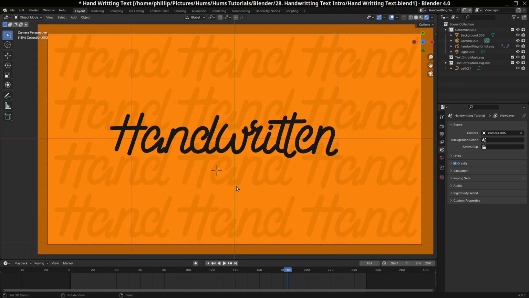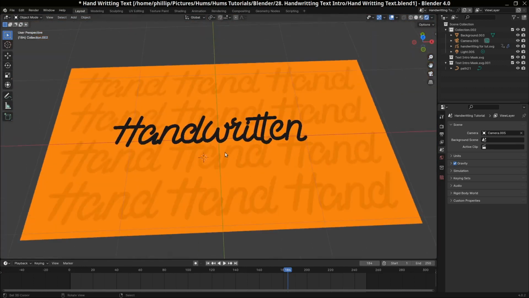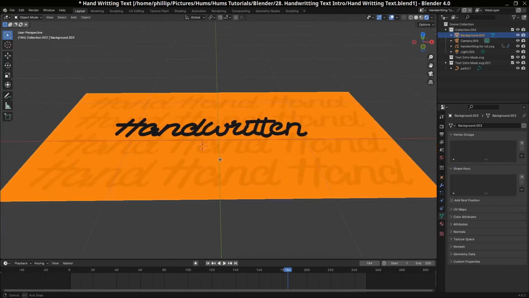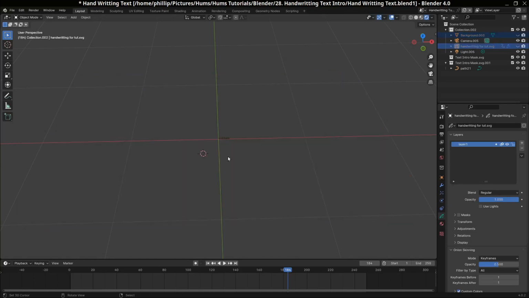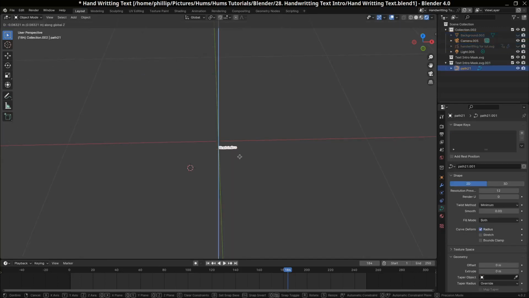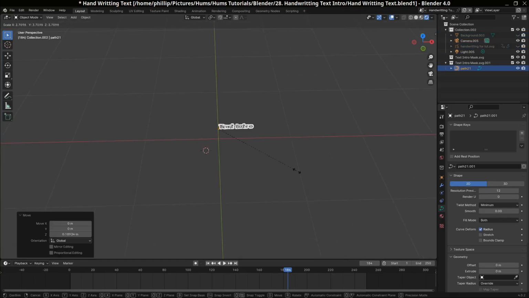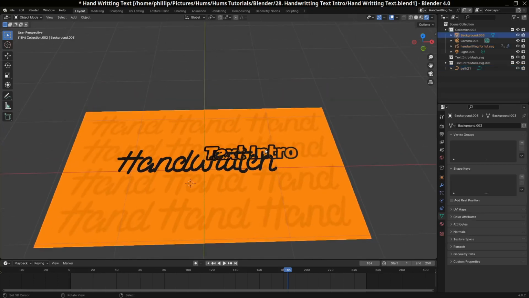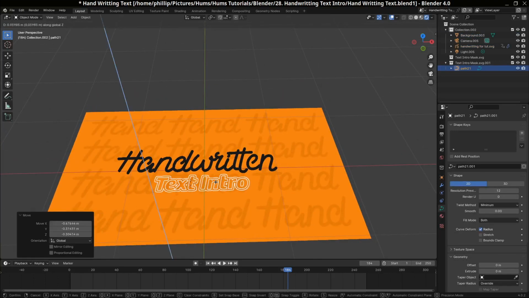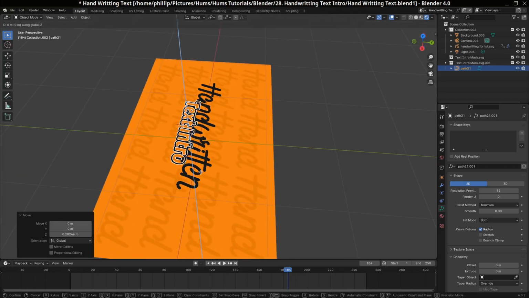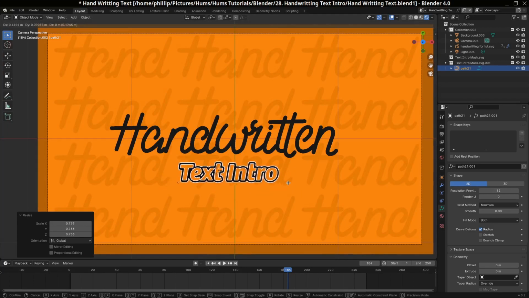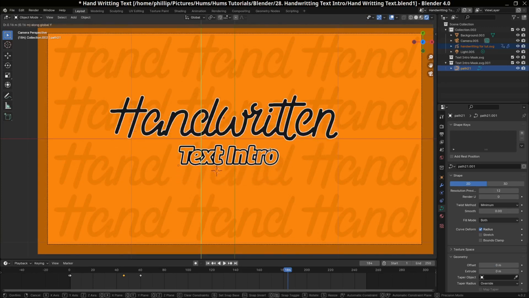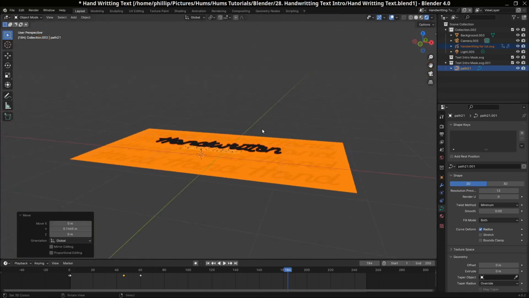Cool. And when we import as an SVG regular, it always goes to the center of the canvas and is very small, so anything that's over the center of the canvas will obscure it. I'm going to select the handwriting, and I'm going to select the background. I'm just going to press H on the keyboard to hide it. You can see our text here. Let's go ahead and move it on the Z a bit and scale it up. Cool. Then we're going to hit Alt and H to bring back the text that we had before. Good. Let's place it in the position that we want. I'm going to give it a bit of G Y, and we can scale it in slightly. Cool. So we have our handwritten text, and we also have our text intro, and they're both on similar Z